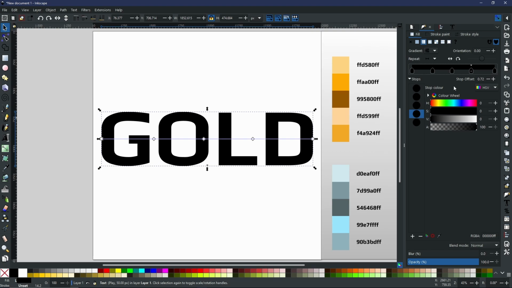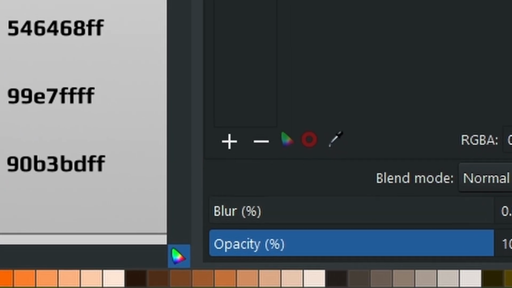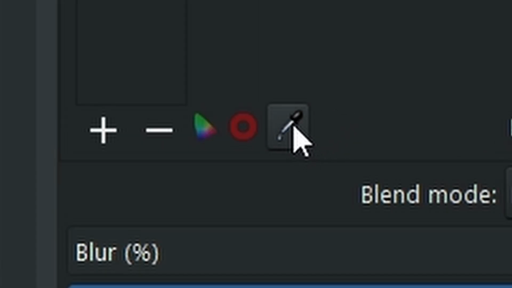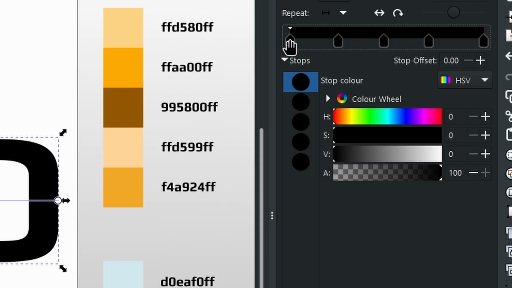Now of course these are not all the colors that we want them to be. So what we're going to do is select the first one, and then scroll down to the bottom, these little icons at the bottom. Now this little dropper tool is the tool that we're going to need. So with this selected, as signified by the little circle inside it, we're going to use this dropper and